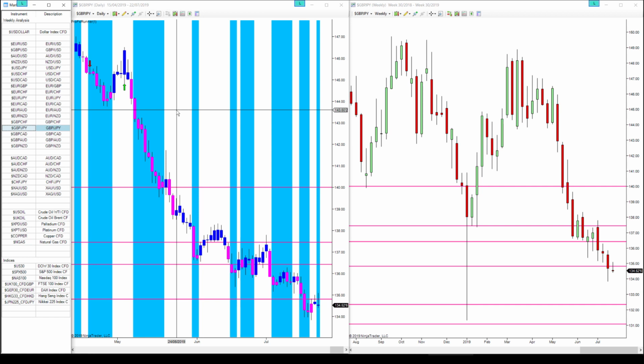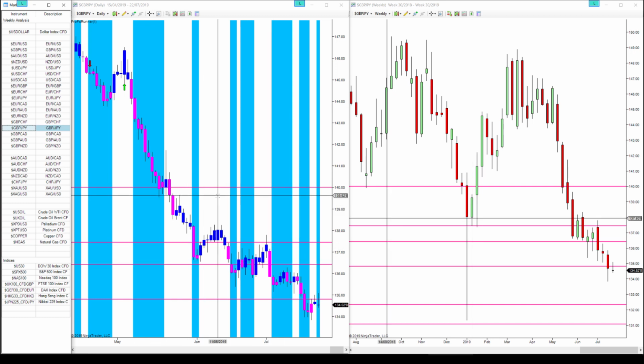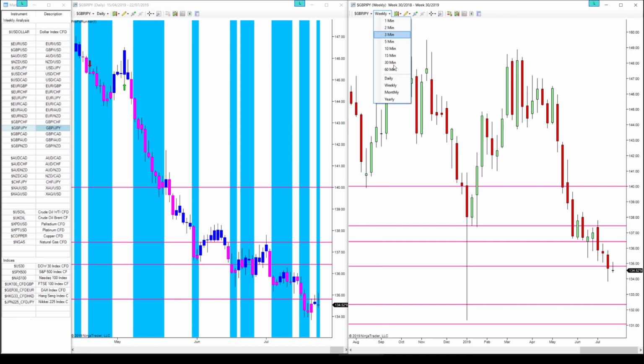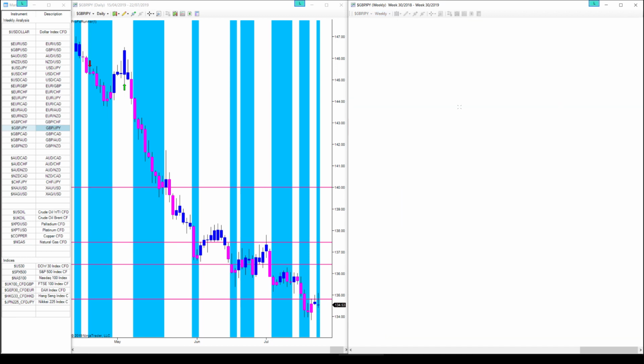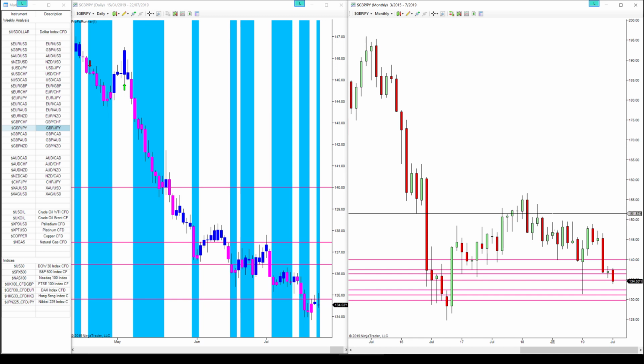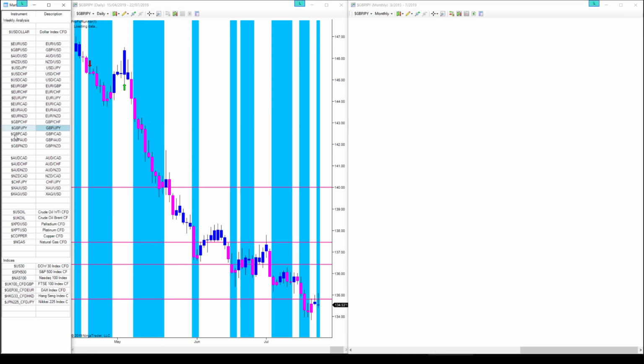We've got pound yen. So pound yen had a bit more of a conflict on its higher time frames, and potentially, when we get that conflict, if for example we are range bound on a much higher time frame, we might find that there are conflicting signals. So although it is generally heading lower, it has also been giving us some conflicting signals.